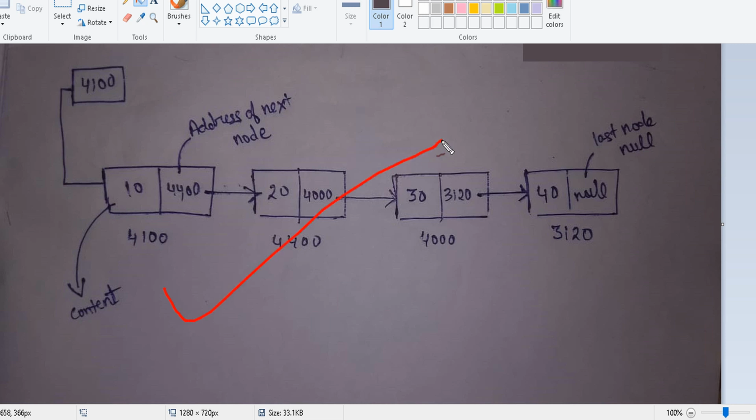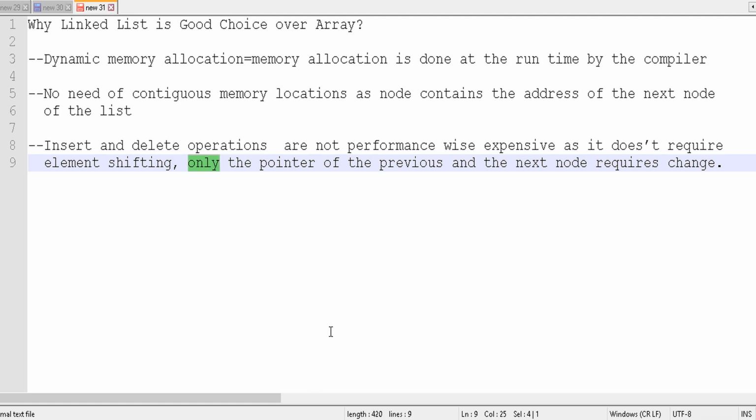Next I will tell you the advantages of a linked list over an array. A linked list uses dynamic memory allocation, which means the memory is allocated at runtime.